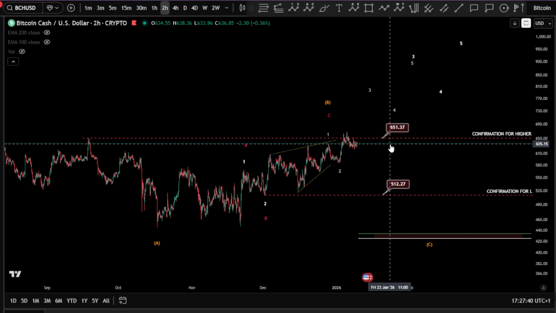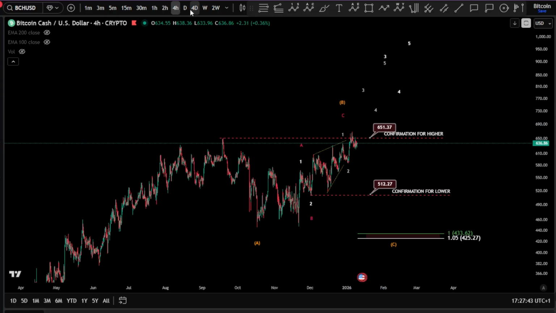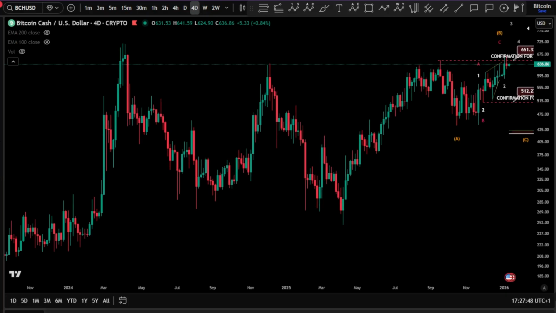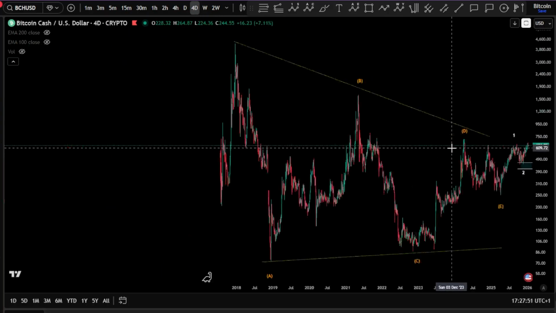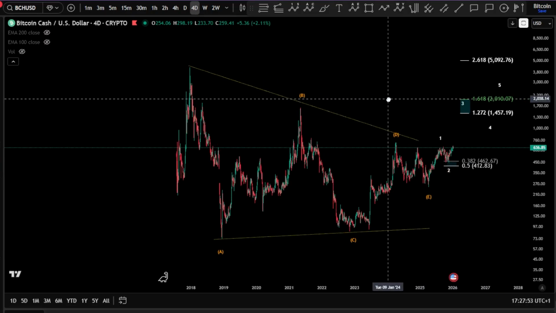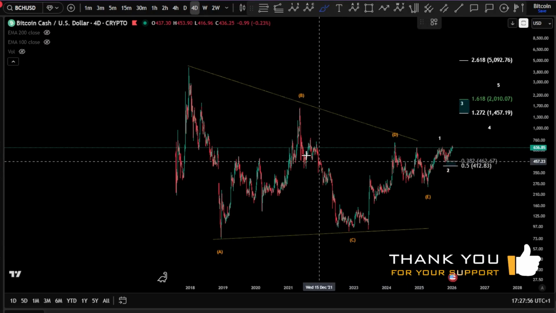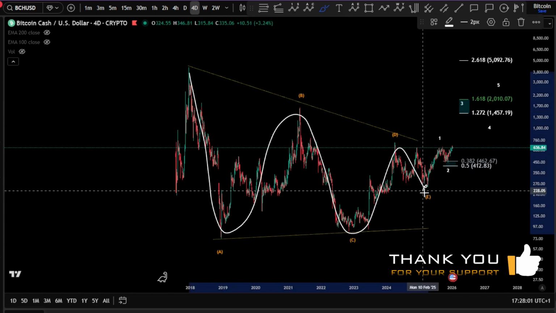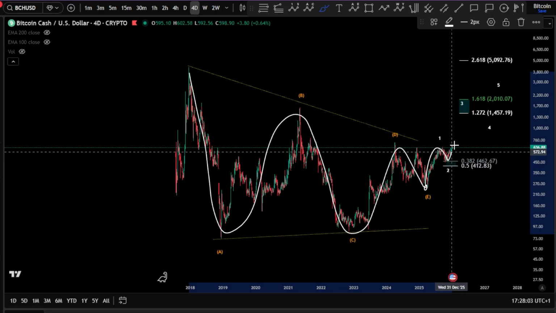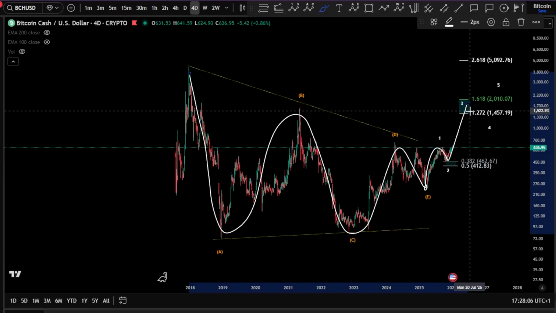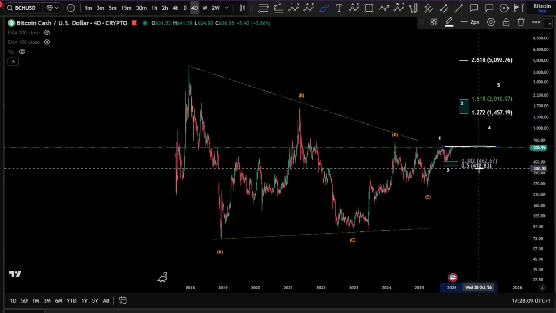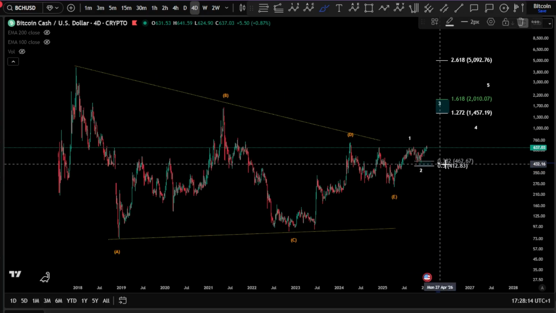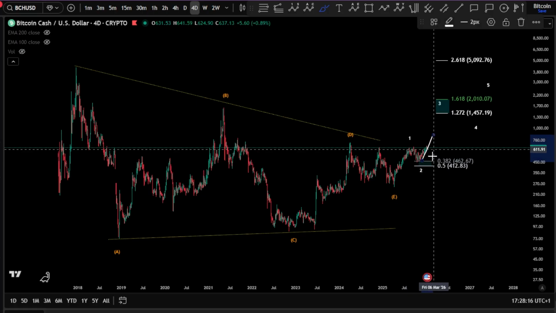We're going to start with BCH here on the 4 hours chart, or let's go to the daily, even the all-time history, to see what we have here. So basically for BCH, we are looking at this triangle that potentially can be finished and starting to unfold something impulsive toward the upside, where we have an A, B, C, D, and an E finished, and we have a 1, 2 there, starting to unfold something toward the upside as a wave 3, confirmation somehow taken for higher, meaning the wave 2 here hit 0.38 very nicely, and we saw the reaction